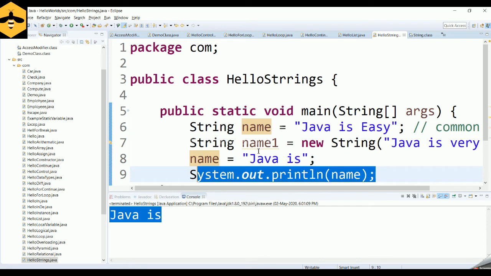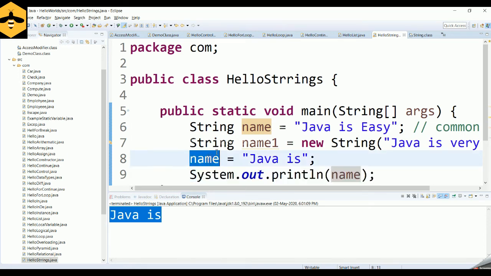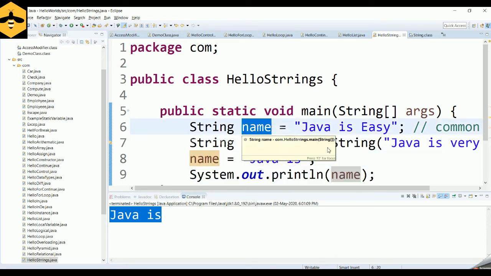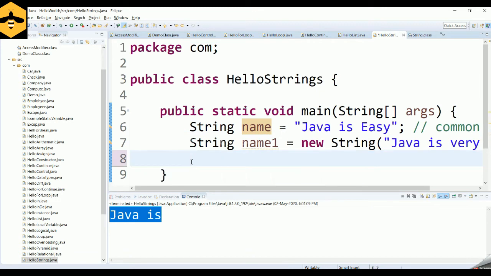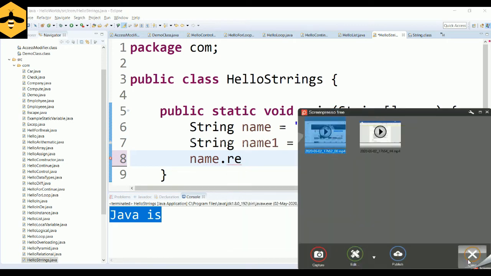This is like changing the reference of the string. Name is just a reference where you can assign whatever you want. That does not imply the actual meaning of strings being immutable. Let's take an example. We have various functions which are available in the string, so let's take one such function. Name is a string on which we call the replace method.